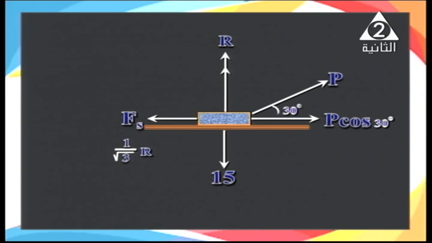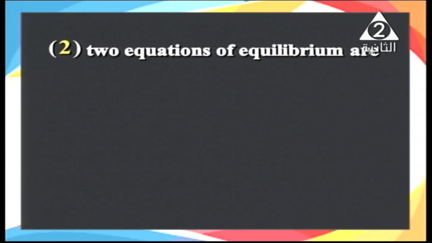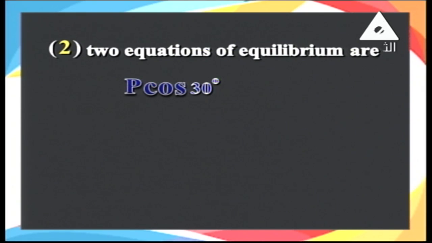Two components: in the x-axis B cosine 30, but in the y-axis B sine 30. Then we change the two equilibrium equations. The two equations of equilibrium are